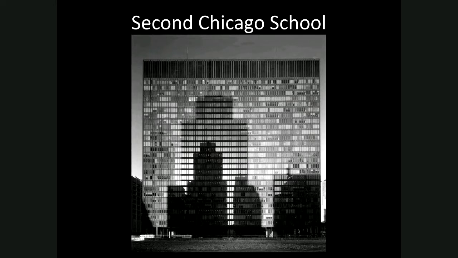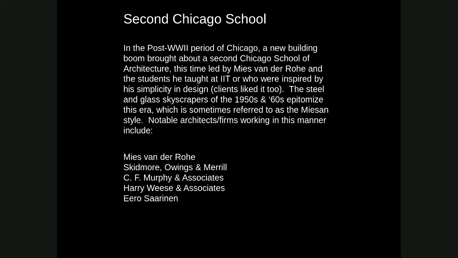Mies came to Chicago. The reason he came to Chicago is essentially because he got a job offer at what would become the Illinois Institute of Technology, which was a fledgling architecture and engineering school that had big visions of growth and development. And they saw an opportunity to hire a prominent European architect to lead their architecture program and also ultimately redesign their campus. And this opportunity leads, in the post-World War II era, to what scholars will call the Second Chicago